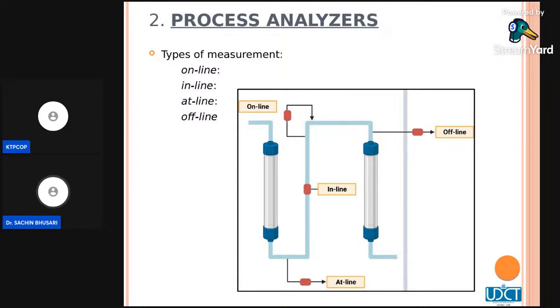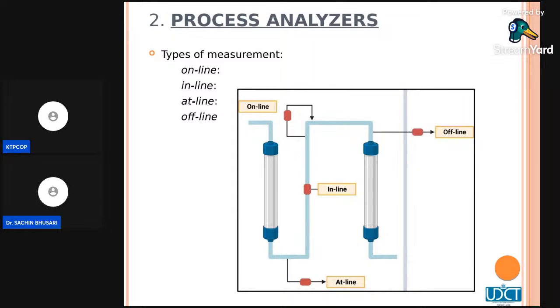Now, an online tool is something like this: if this is the product flow, your analytical tool is based in such a way that the product flow is diverted, it goes towards your instrument, and now again it comes back into circulation. That is called online mode. So there is one loop which is created purposely, and in this loop there is your analytical tool. That is called an online tool. We casually use the term online. This is the real meaning of online for the PAT framework.